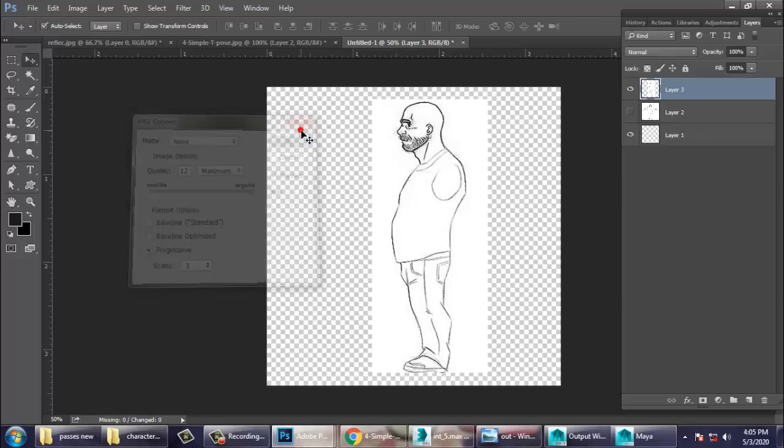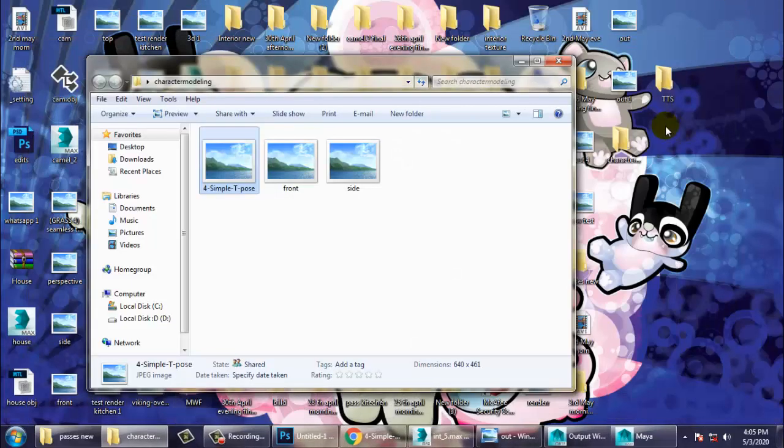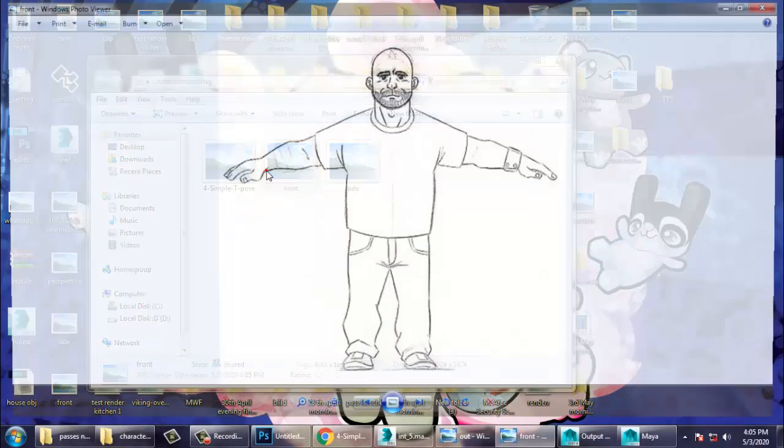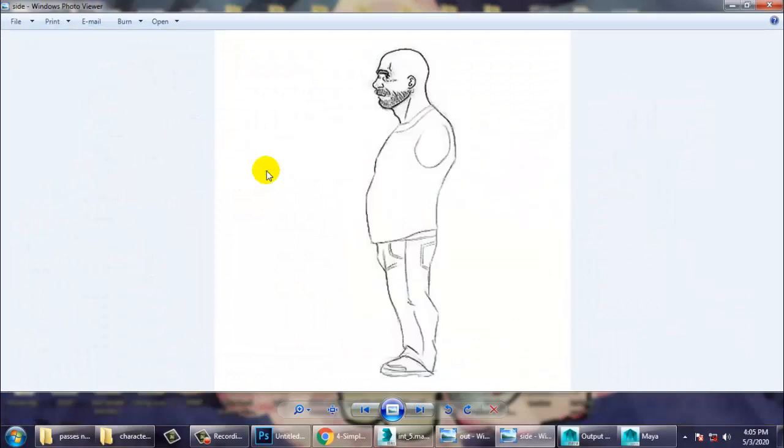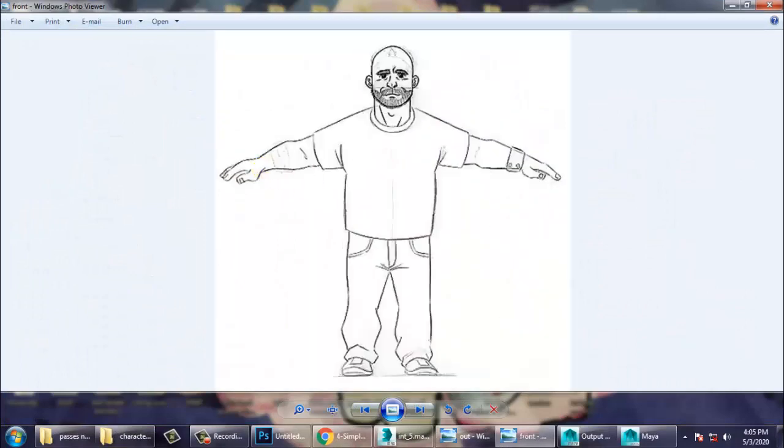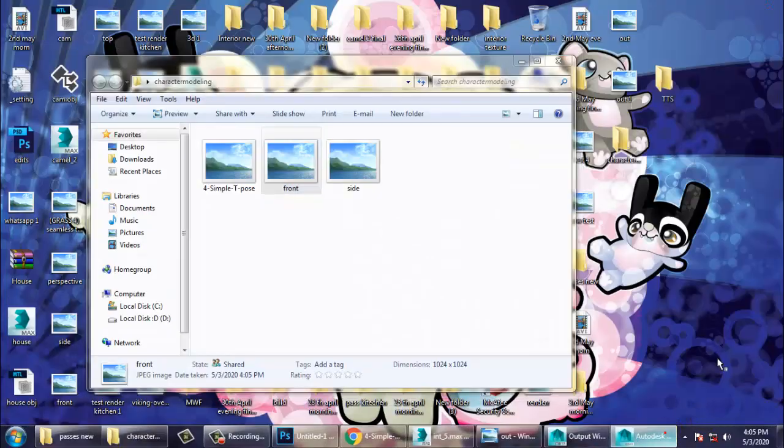Alright. So now if you go into this reference and let's see it, the front and side view we have saved it. So let's go into Maya.